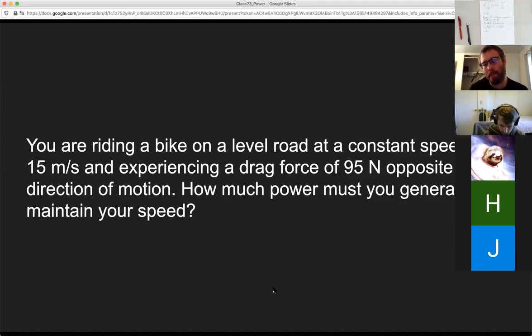Cyclists go to great lengths to try to reduce this drag force. That's why you see cyclists wearing those weirdo tight shirts and pants. You'll see cyclists do all sorts of things with their helmets. They'll have these crazy helmets that are aerodynamically designed to try to reduce drag. Because for a good bike, that's the only real force slowing you down. The friction is very, very small in terms of what it actually does to give you any trouble. So all you really need is drag.